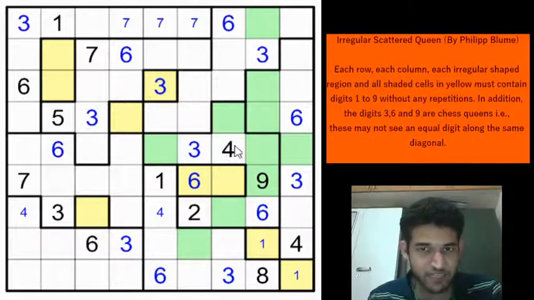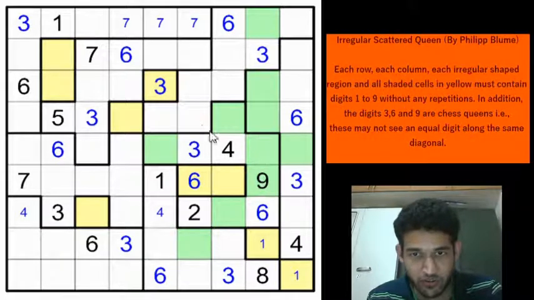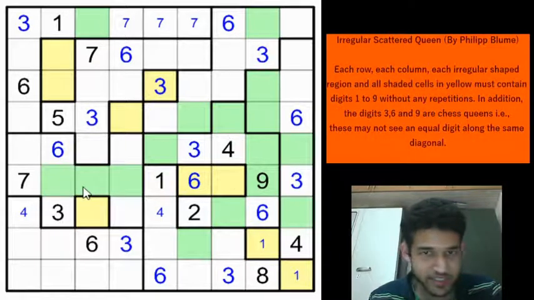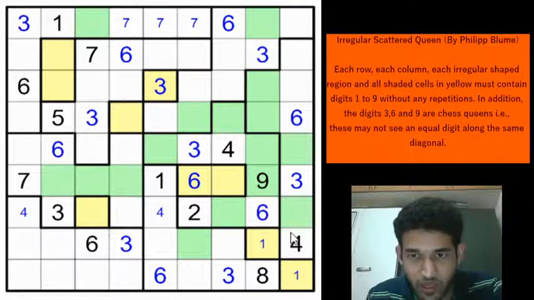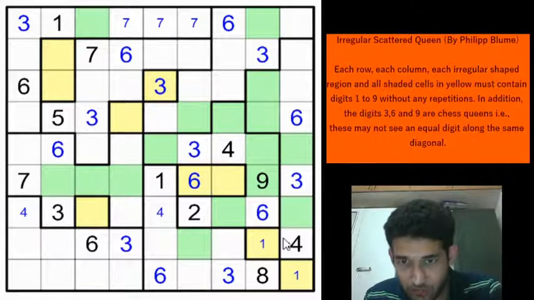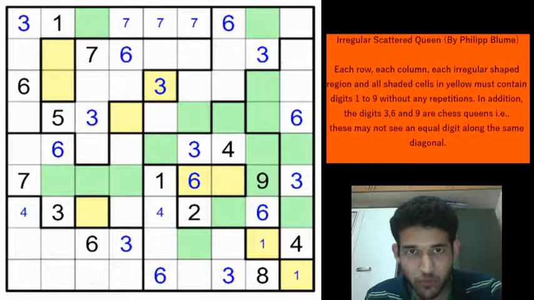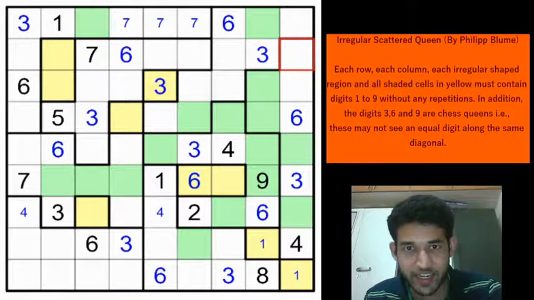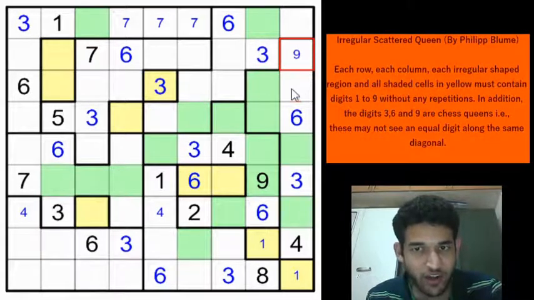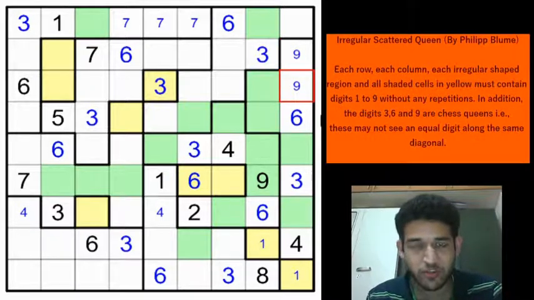I am not highlighting cells which already contain a digit. So, and if you see along the diagonal direction, 9 can't be here and 9 can't be here as well, right? This is in a diagonal position. 9 can't be in any of these 3 cells. Okay, I think we have eliminated in all directions. So, now let us see where 9 is very restricted. Okay, if you look at this region, there are only 2 possible cells left for the 9, right? 9 can either be here in row 2 column 9 or 9 can be in row 3 column 9. Only 2 possible cells left, and which eliminates this cell as a location for 9. Great.